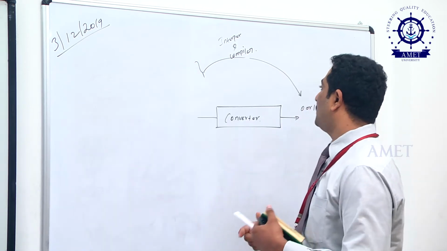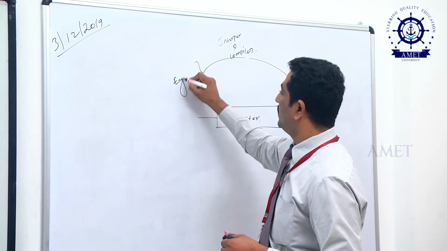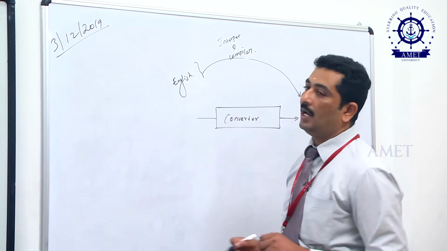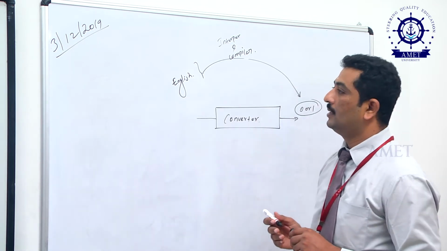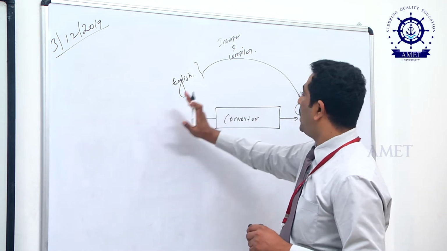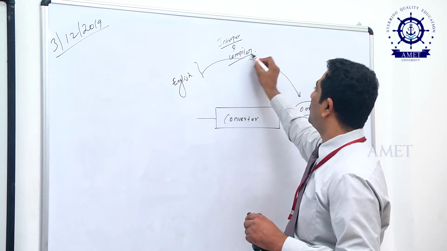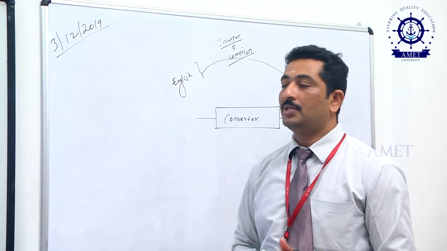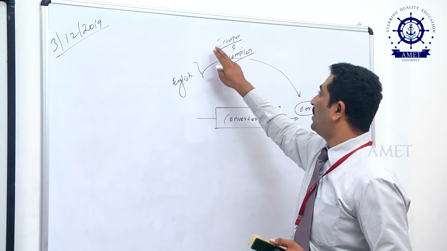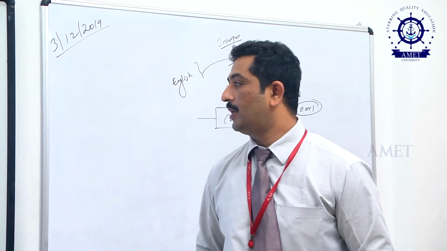What is high level language? All our English language is called high level language, but the machine only understands zeros and ones. So we need to convert our high level language into machine level language. We are using a compiler and an interpreter. The compiler is used for whole-program compilation, and the interpreter is used for line by line conversion. So this is the use of the compiler and interpreter.